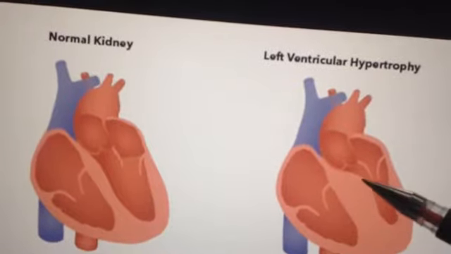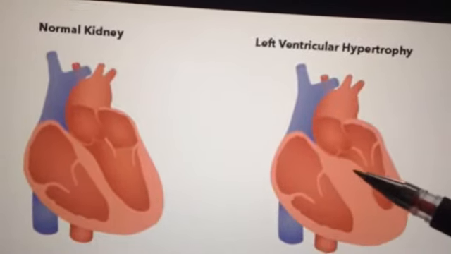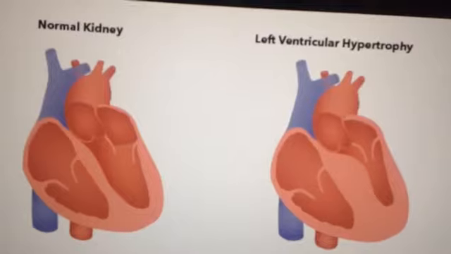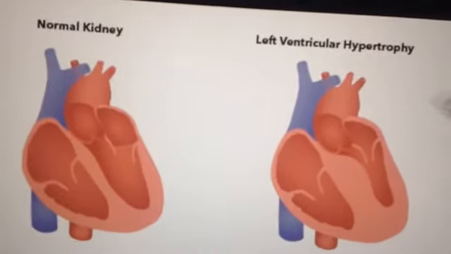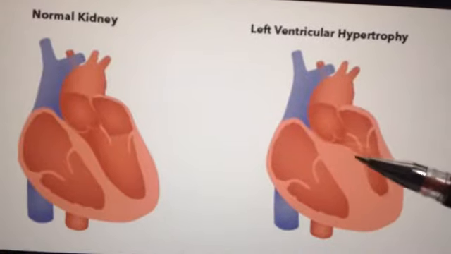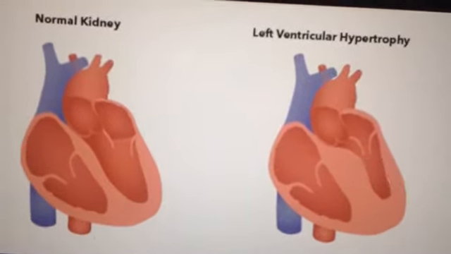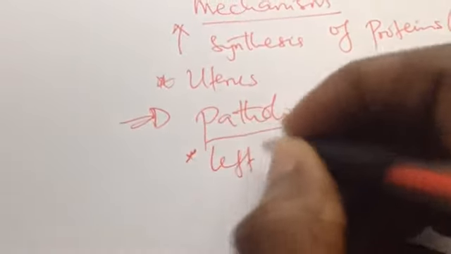So that makes this wall thicken, just like the person that we saw gymming. But this is due to pathology, because hypertension is pathology, right? So this increase in size occurs due to pathology. So it is pathological hypertrophy. For example, in left ventricular hypertrophy,